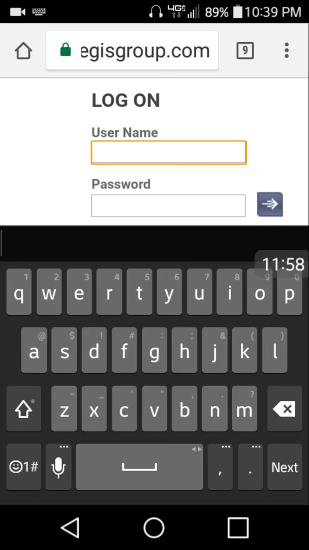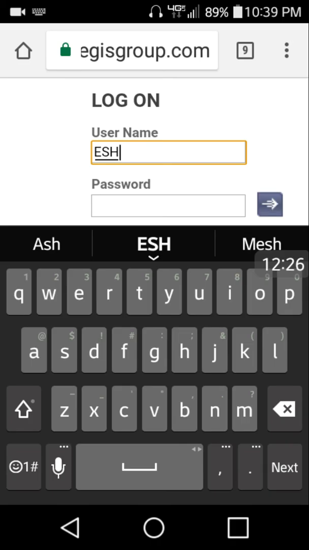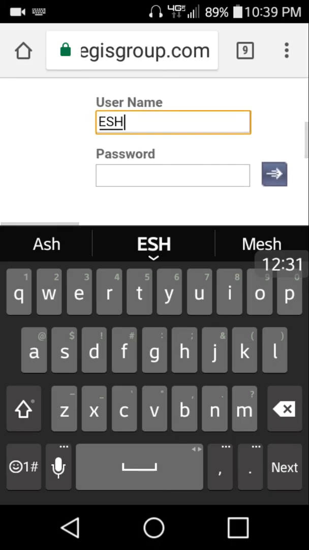I don't think they have a temporary or default password for Kronos. I think it's only for Therap. So you always want to put capital letters, ESH. ESH is the default username, and then you log in with